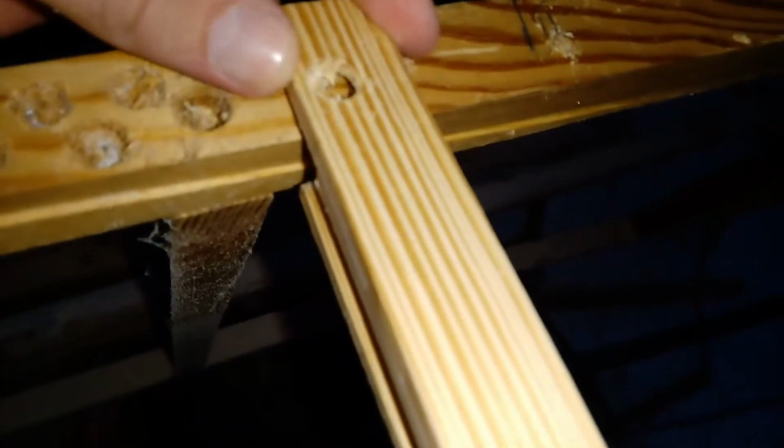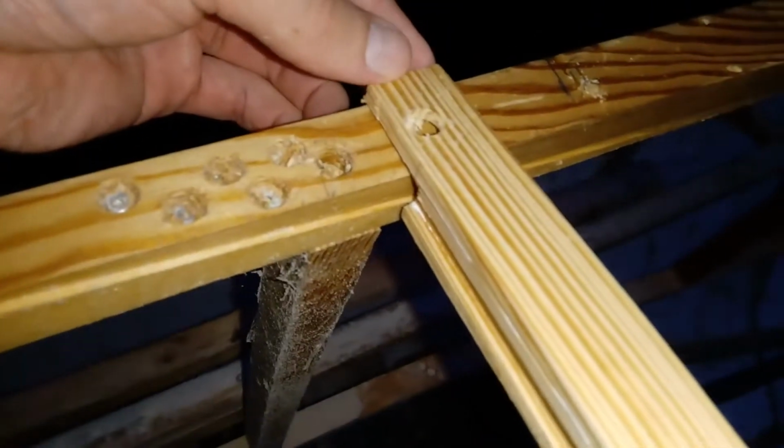Okay, as you can see, this one, no, I can't see because light shades better. This one broke clean off. There's a little bit of wood left, but it is not enough to screw it somewhere. Here is enough left for screwing, but it's not much. So my emergency fix for that would be...